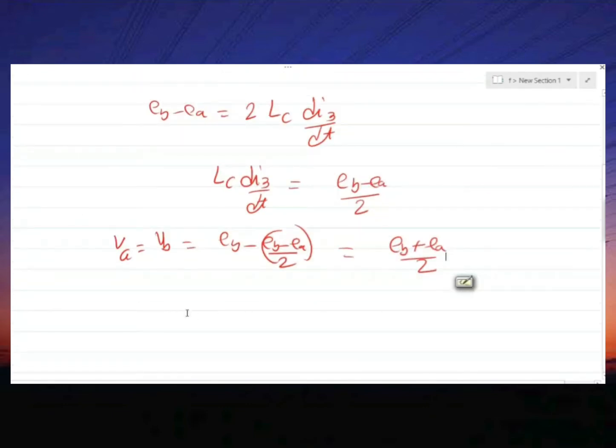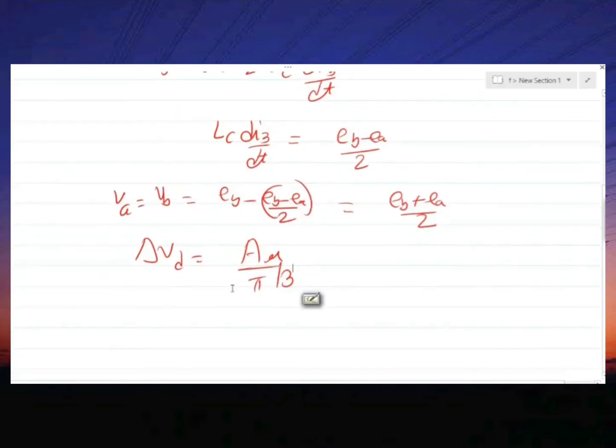As you know, the voltage drop, called delta VD, is equal to mu upon pi by 3. Now what is mu? Mu is the overlap area, and pi by 3 is your period. If you know the value of mu, the overlap area, you can easily find the change in the voltage drop due to the overlapping. So how can you find the area?